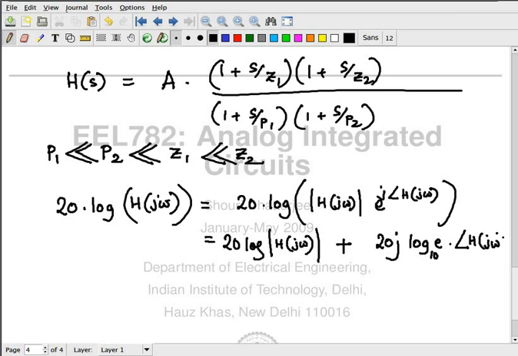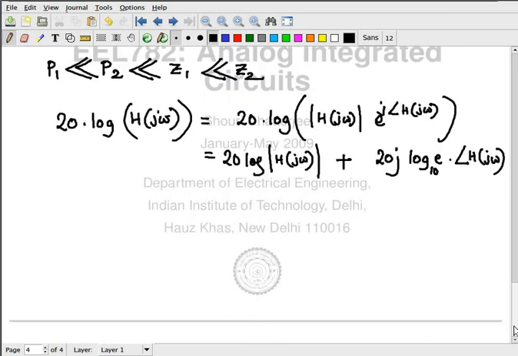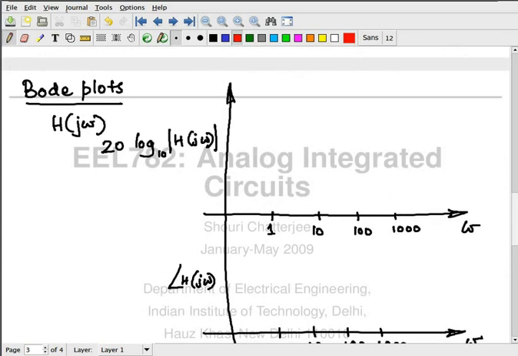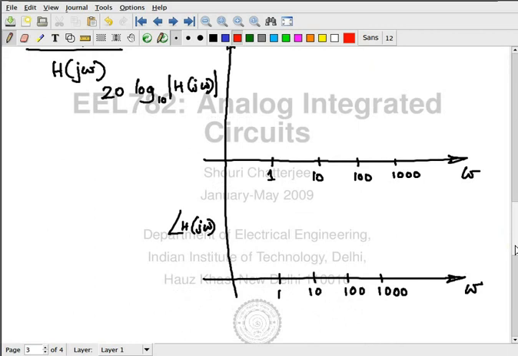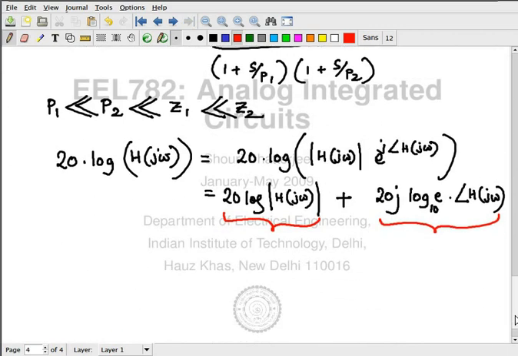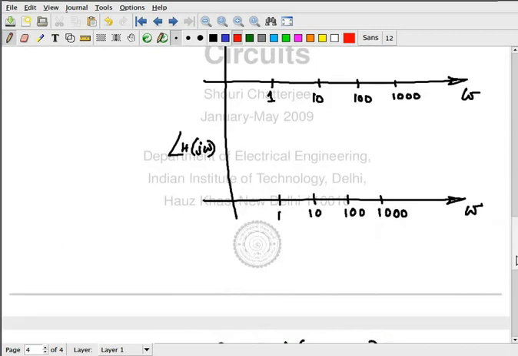Now we are going to look at the first and the second term separately in two different graphs. The first term corresponds to my top graph, and the second term is basically proportional to the bottom graph. It's not exactly equal, but it's proportional. Fine? So far so good?